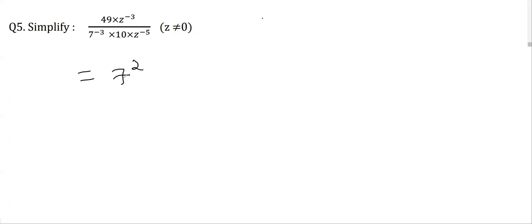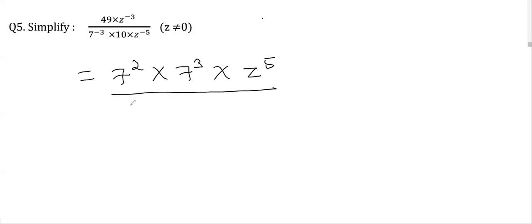So what I did, I wrote 7 square. Then this has a negative power in the denominator, so I'll write it with a positive power in the numerator, as I told you. And this z raised to the power minus 5 has a negative power in the denominator, so I can write z raised to the positive power in the numerator. Now 10, which is already positive. So we may write 2 into 5, but there's no use because there is no 2 and 5, so we can keep it 10 only. And similarly, z raised to the power minus 3 can be written as z raised to the power positive 3